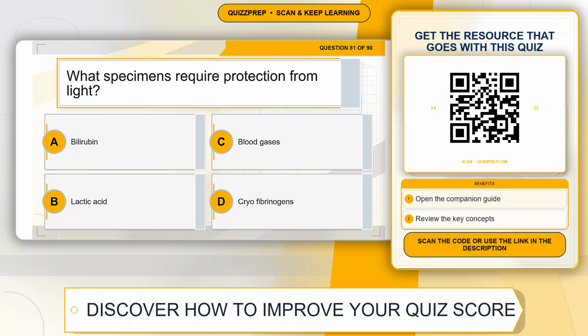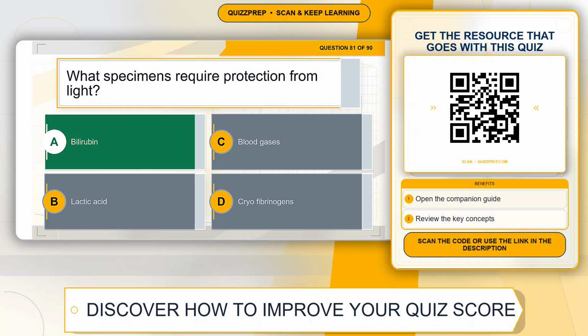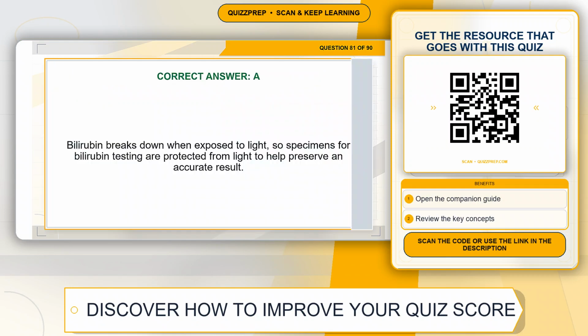Question 81. What specimens require protection from light? Option A, bilirubin. Option B, lactic acid. Option C, blood gases. Option D, cryofibrinogens. The correct answer is option A, bilirubin. Explanation. Bilirubin breaks down when exposed to light, so specimens for bilirubin testing are protected from light to help preserve